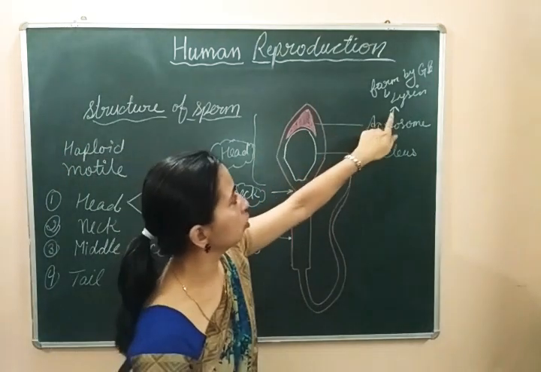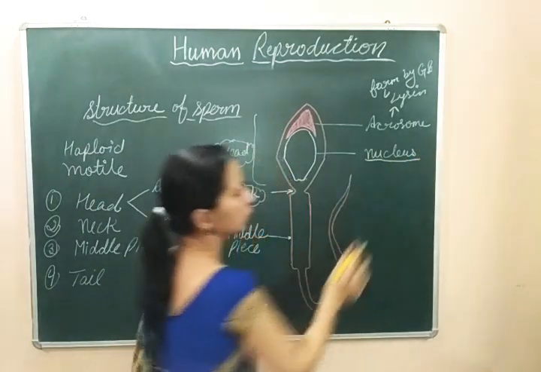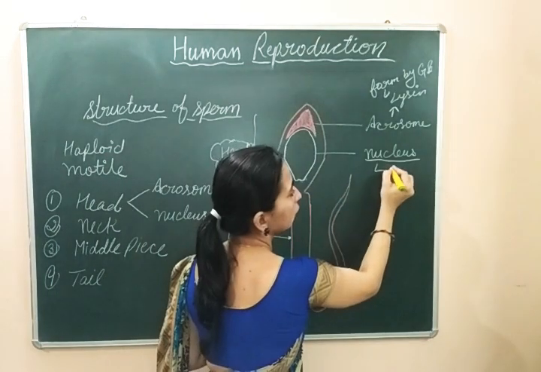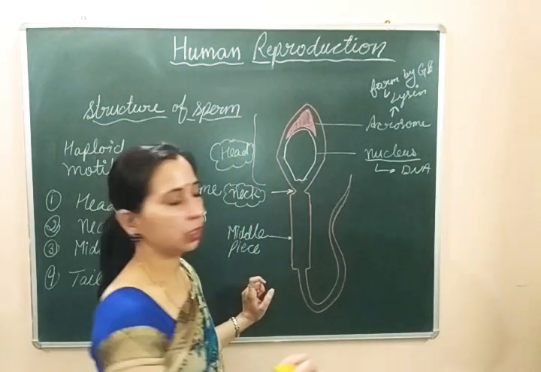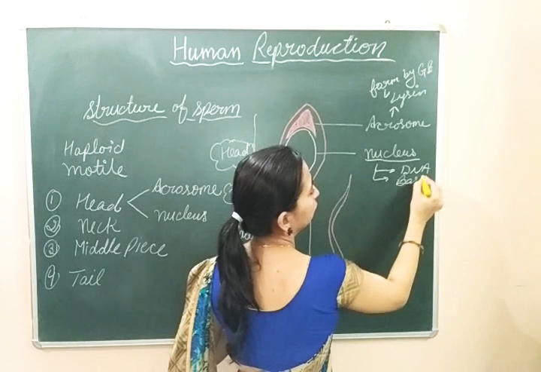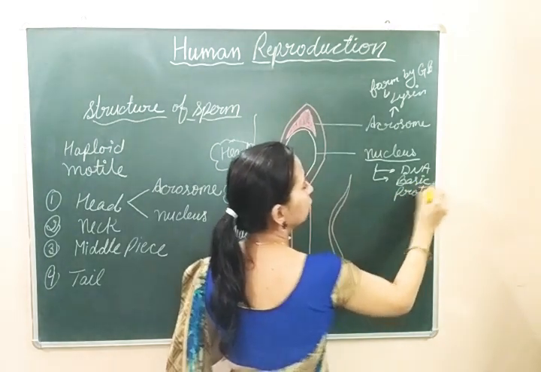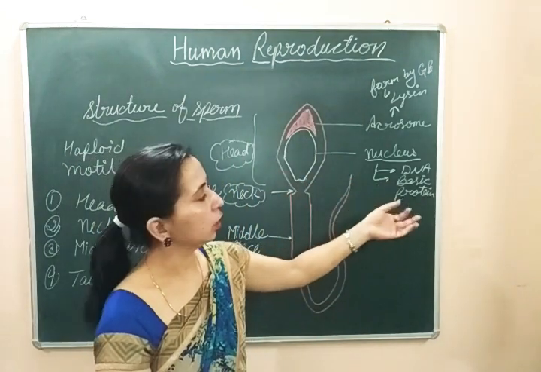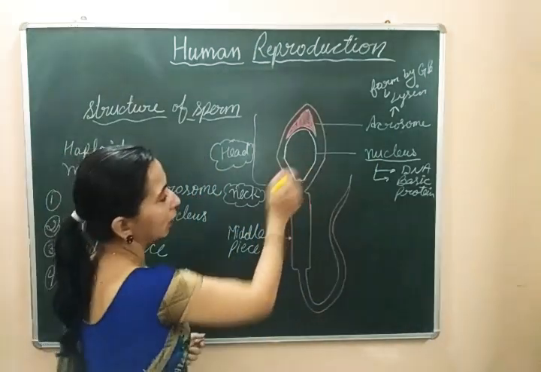So this is the acrosome which is present at the head region, and this lower part is the nucleus. As we already discussed, in the case of the sperm, nucleus only contains the genetic material which is DNA. Nucleus के अंदर सिर्फ DNA होगा और साथ में क्या होगा? It will contain the basic protein. Basic protein is present होंगे because the acidic protein, the RNA, all those things get lost during the condensation of the nucleus. So it just contains DNA and basic protein. So this is the head region.